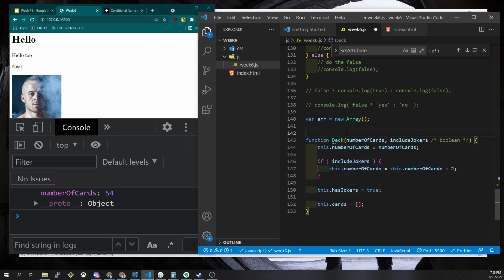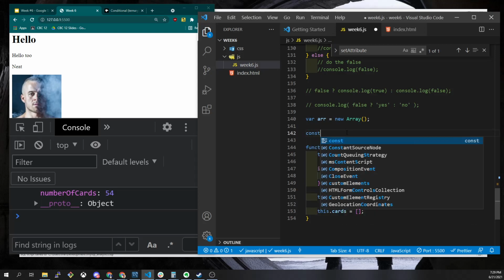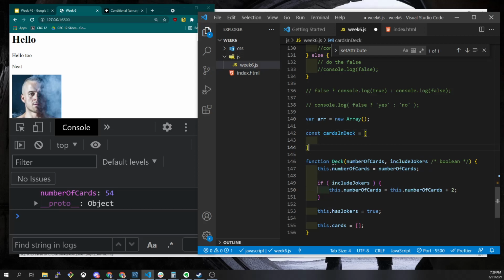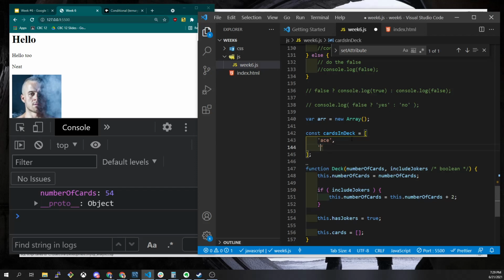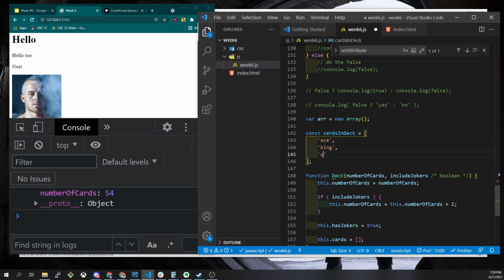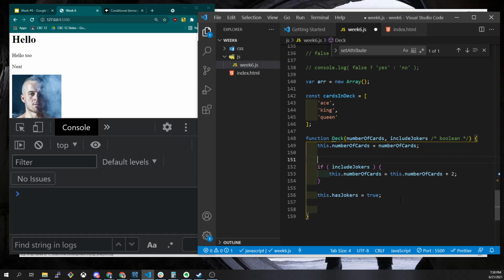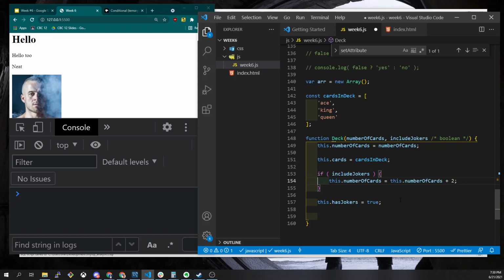And then, if I've got a constant up here, const cardsInDeck, where I've got my actual array of cards in here, I'd say something like ace, king, queen, and so on, right? I'm not going to type all these out. This.cards might actually say cardsInDeck, right? I'm getting this variable that is a constant. We know it's never going to change. And then maybe I'll set this up here, right? So this cardsInDeck, and then I come in here and say,